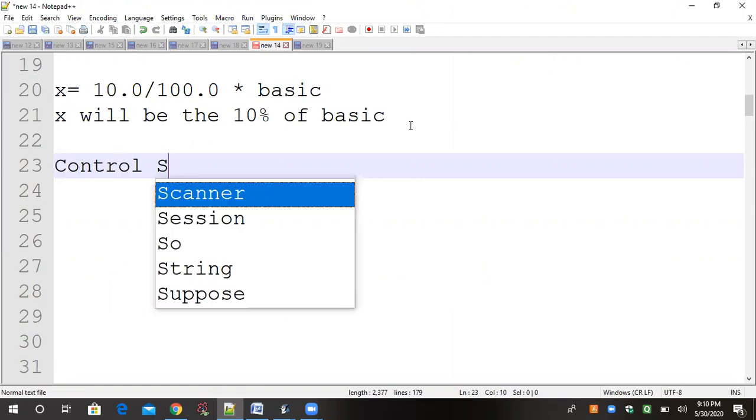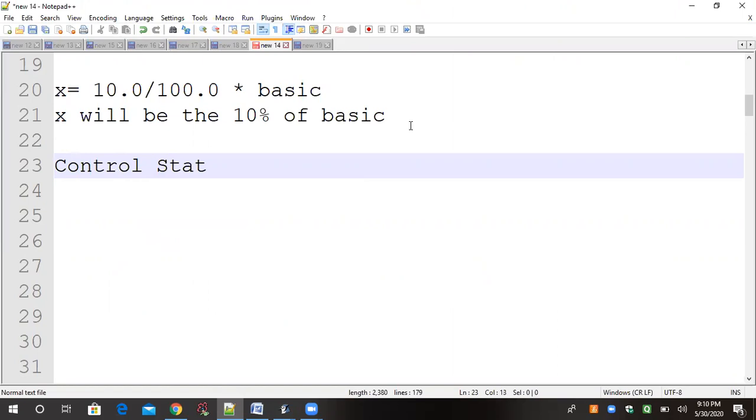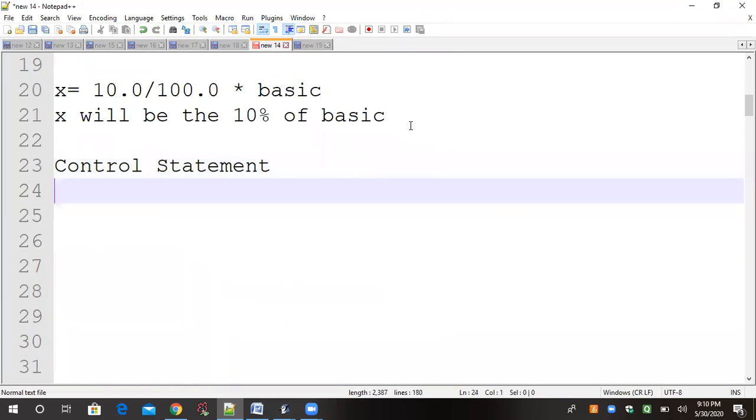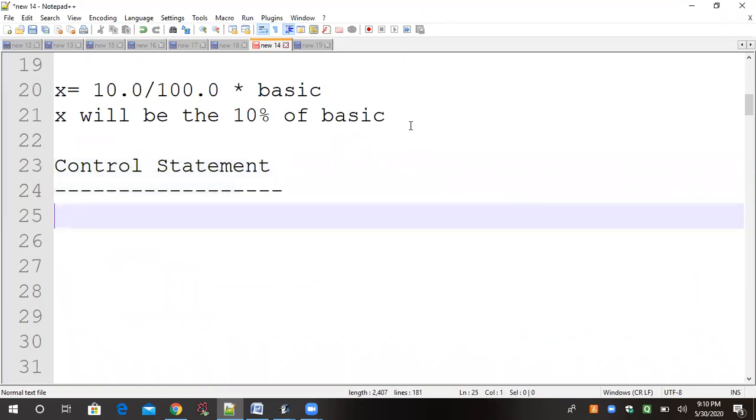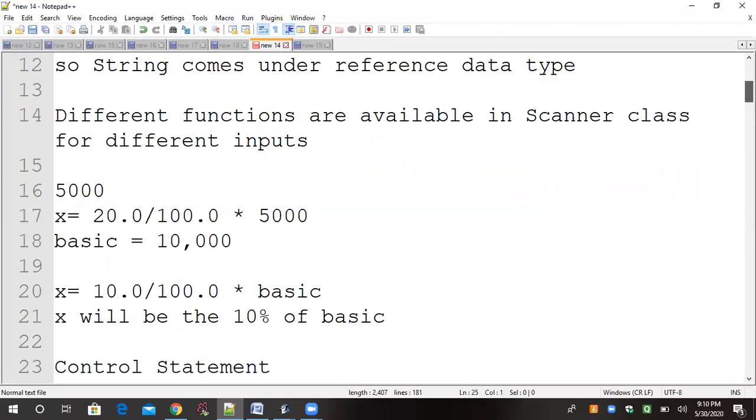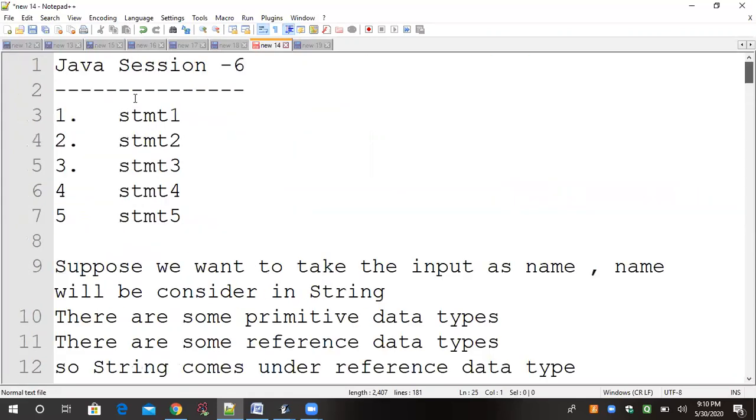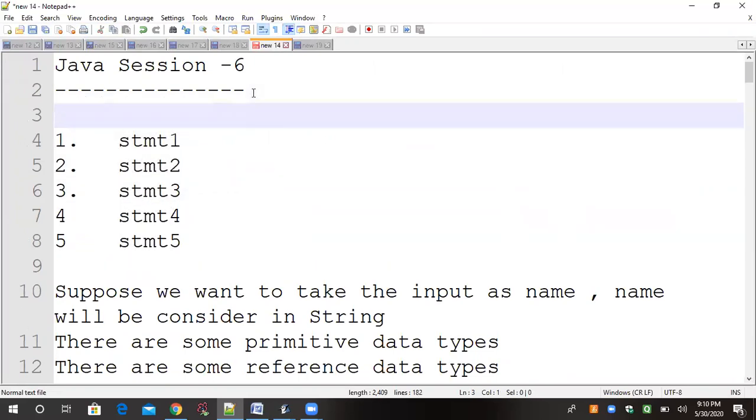Control statement. What is the meaning of control statement? In the starting of class, I discussed the sequential execution flow. This is a sequential execution. One by one, all the statements will execute. Okay, number 1, number 2, number 3. But now